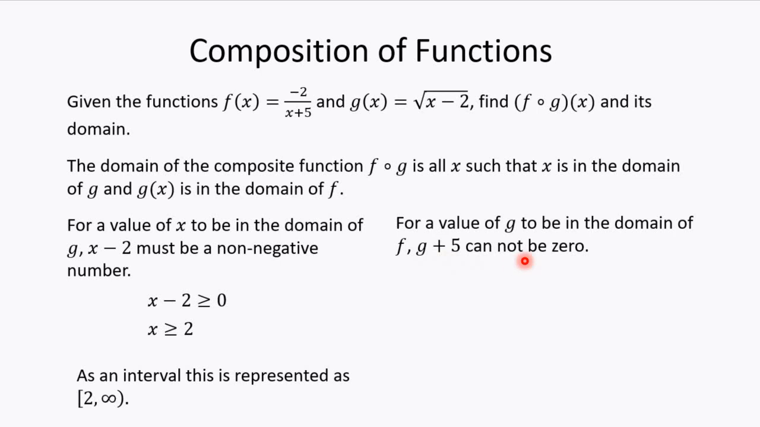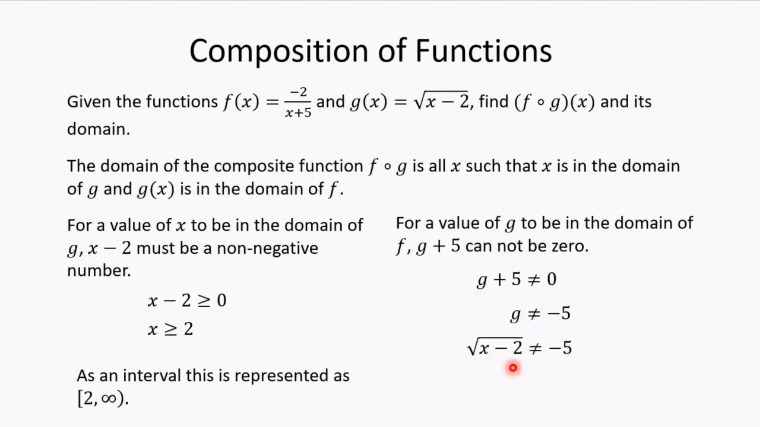Saying that g plus 5 cannot be 0, well, you can write that this way, this inequality. g plus 5 is not 0. Solving this inequality just requires that I subtract 5 from both sides. I'll get g is not equal to negative 5. And then I'll remember that g is actually this expression with independent variable x. And I can come up with how this relates to x by replacing g with the square root of x